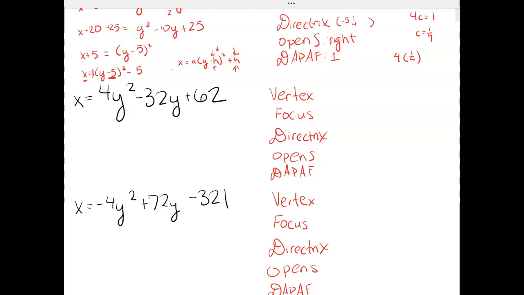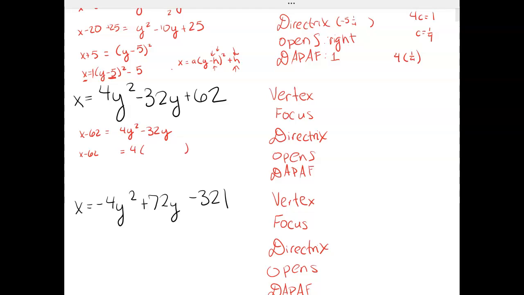Again, I see that my y quantity is squared, so I need to get those to one side and everything else on the other. So I should just get x minus 62 is equal to 4y squared minus 32y. I need to factor that 4 out in front of my y squared because I want that to be a 1. So I get x minus 62 is equal to